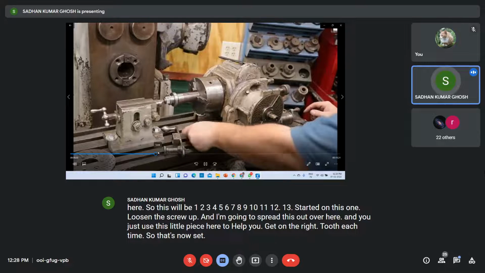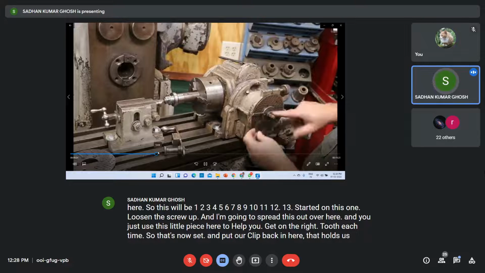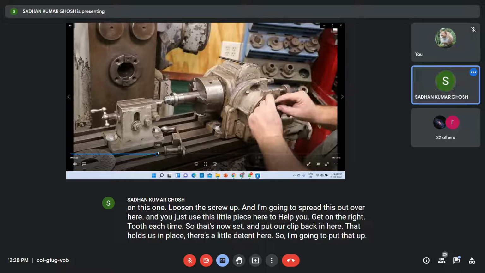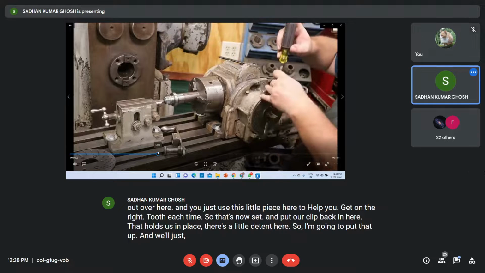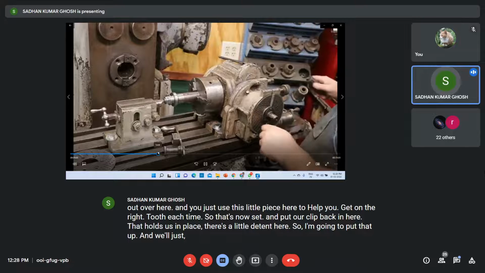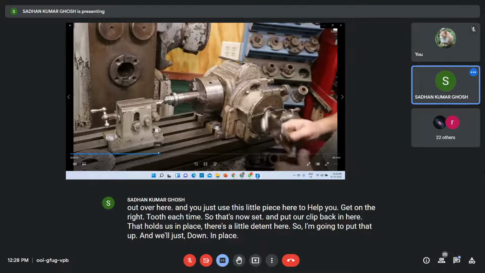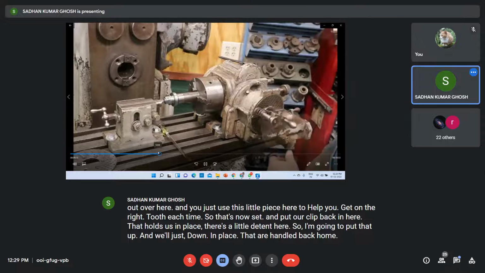We'll put our clip back in here that holds this in place. There's a little detent here, so I'm going to put that up and press that down. That's in place. And put our handle back on, and we'll tighten that back up.